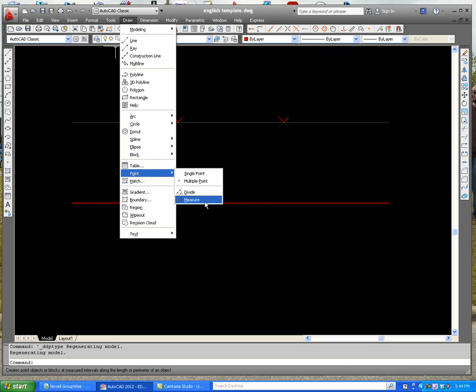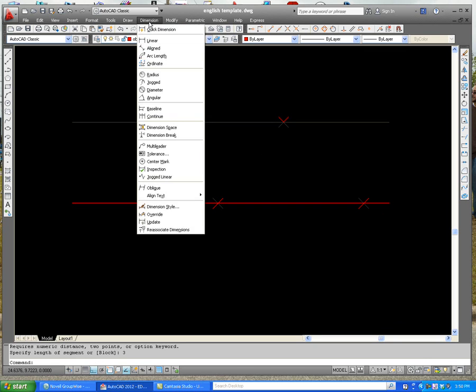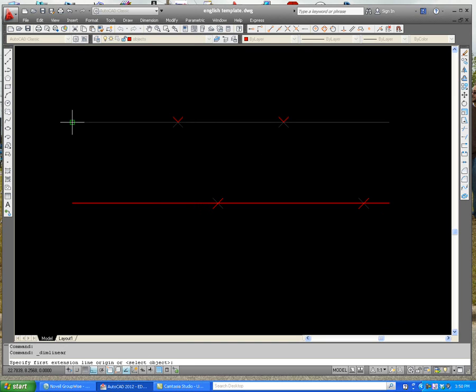Draw, point, measure. I'm going to select that line, and this time I'm going to put in 3. But it's asking me for the length of my segment. So you can see the way the lines are divided up is different. Divide actually divides it in equal spaces, and measure starts measuring with the dimension that you gave AutoCAD. So if I use this dimension linear,